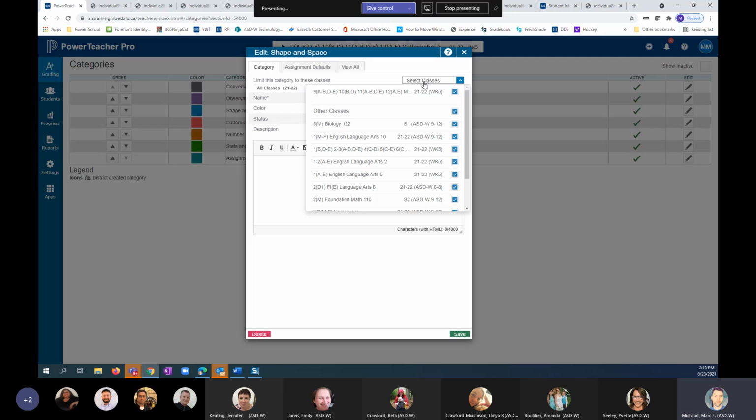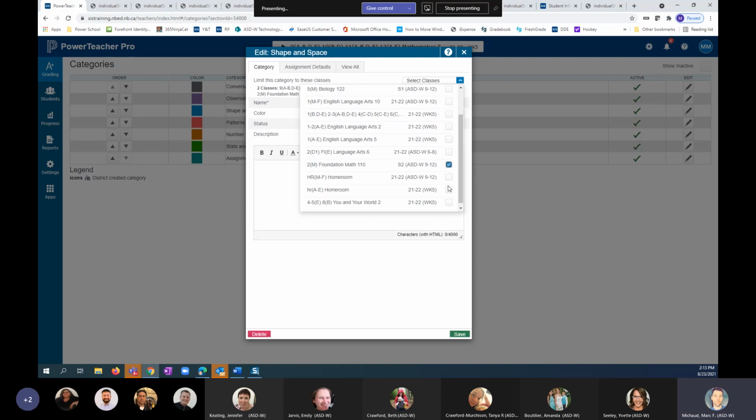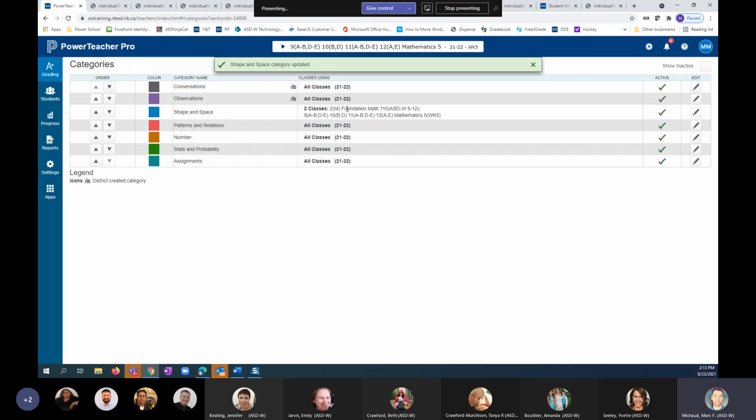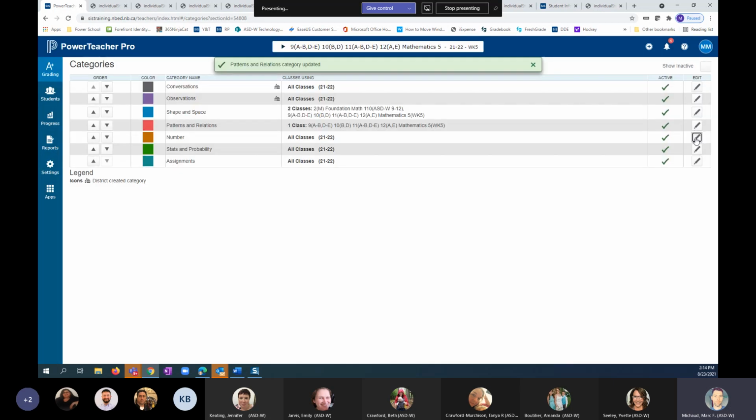all my classes are selected. It's pretty obvious that shape and space should only be used for math. It shouldn't be used for biology, English. I mean, if it's part of the foundation math, I mean, I have high school, this is all mixed up, but what I'm trying to say is that shape and space should only have listed the course that you actually use that category with, whether it's in your traditional grade calculations or part of your K to 8 outcome tracking. So all of these should look, so for example, so if I want to remove this, I want all of these